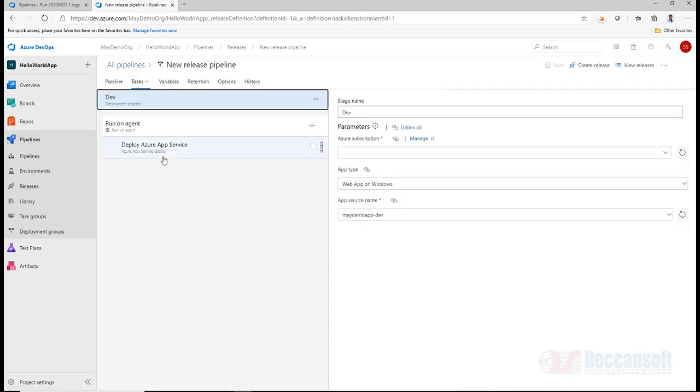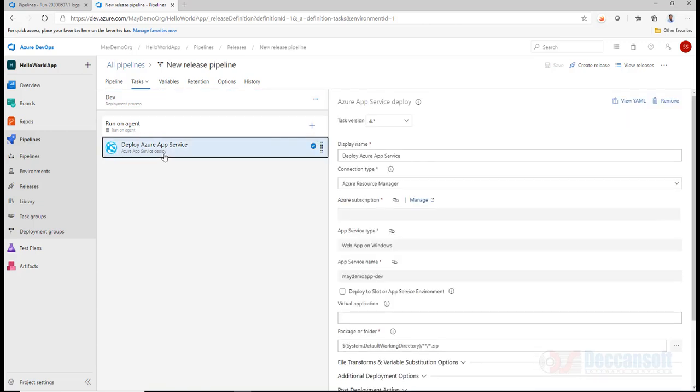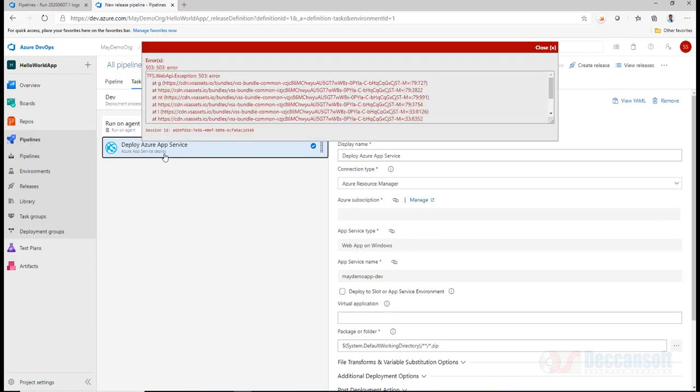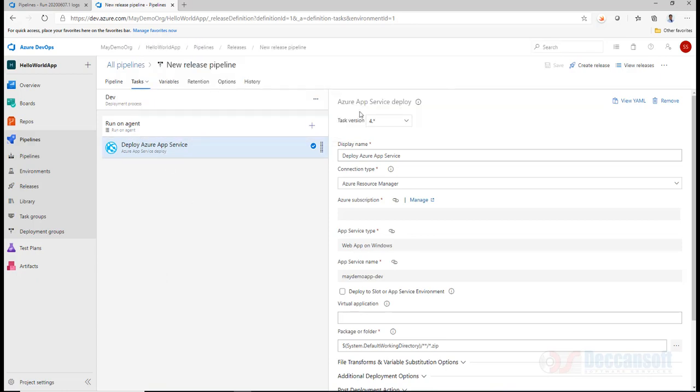There is no download. Whereas we have seen in YAML pipeline, we have to first write download and then we use publish to app service. Very important, remember this. In YAML, we have to give first download and then we have to publish. Whereas here we don't see download.